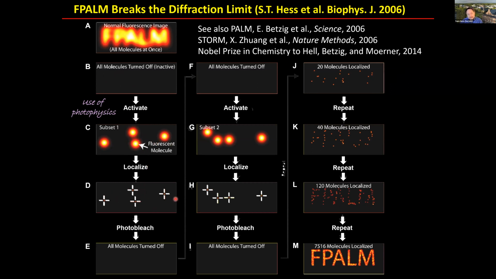And from those images, the positions are determined, and the molecules are then bleached, and another subset is processed in the same way. And we accumulate more and more subsets by acquiring more and more camera frames of different molecules until we can reconstruct the structure of the sample, but now not in a way that's limited by diffraction only, but rather limited by the localization error and the number of individual localizations, or the density of localizations within the structure we care about.